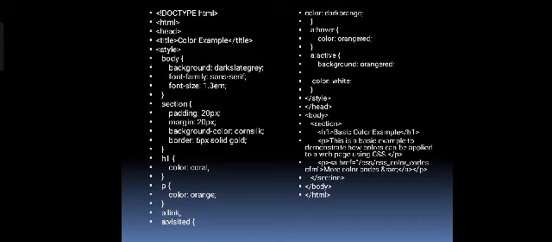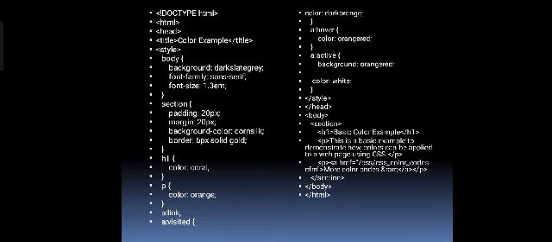This is an HTML code in which different color properties and other properties are used, like background dark slate gray, font family sans serif, font size 1.3 em. In the section part we can see padding is 20 pixels, margin is 20 pixels, background color is corn silk, border is 6 pixels, and the h1 heading has coral color. In the paragraph orange color is given, and active background orange, color white.